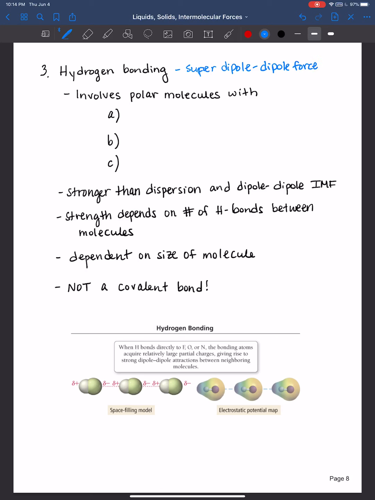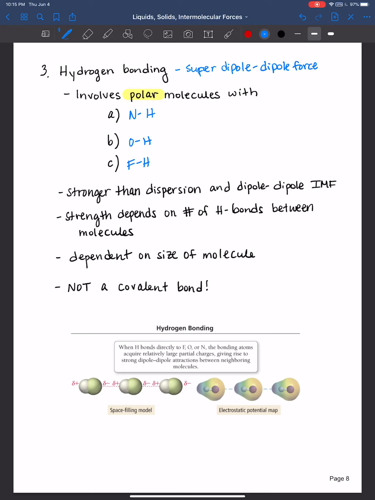It involves polar molecules just like the dipole-dipole intermolecular force we were discussing in the previous video. But it mainly works with polar molecules that also have an NH bond, OH, or FH. They are stronger than dispersion and dipole-dipole intermolecular forces, and the strength depends on the number of hydrogen bonds between